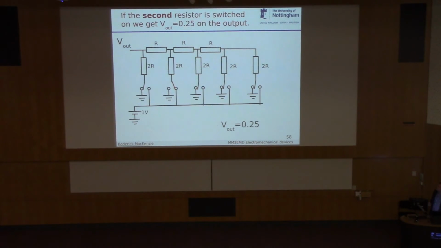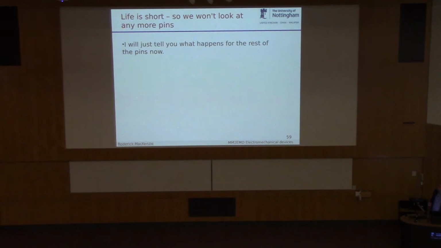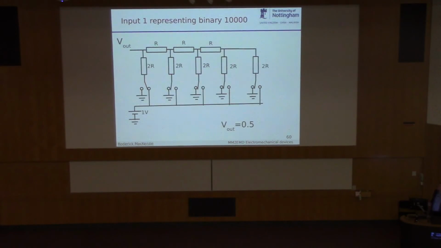Okay, now then. Life's short, so I'm just going to tell you what happens. The first switch is on, we get 0.5 volts. Second switch is on, this one's off, 0.25 volts. Turn this off, turn this on, 0.125 volts there. Turn this off, turn this on, 0.0625. Turn this off, turn this on, 0.03125. So you can see every time we go in this direction, we're halving the amount of voltage we apply